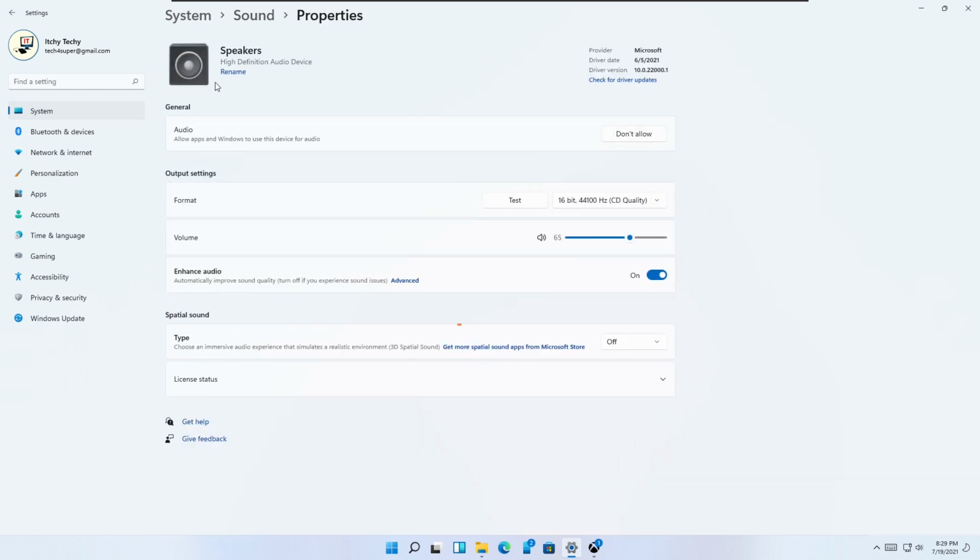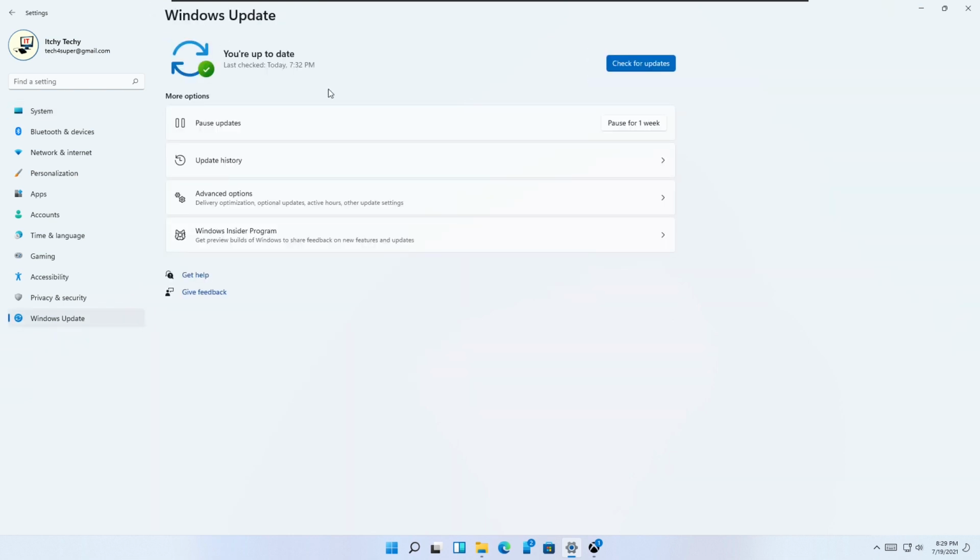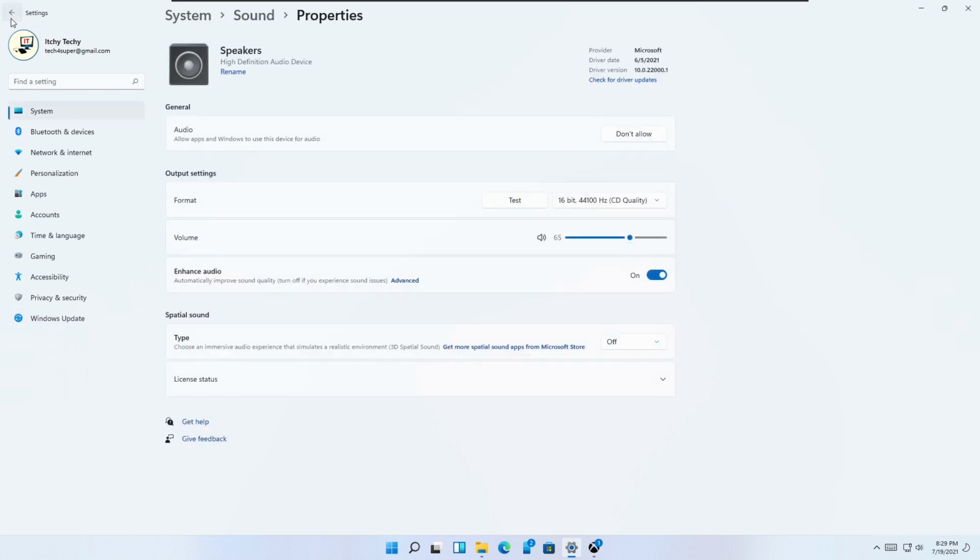Sound settings. You can see several new settings are available for sound features. You can rename the speaker name. You can change the output sound bitrate of the speaker from the drop-down.